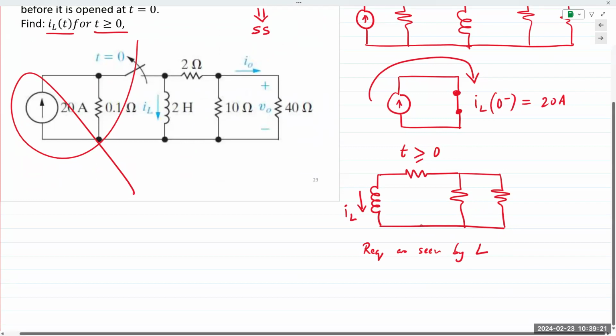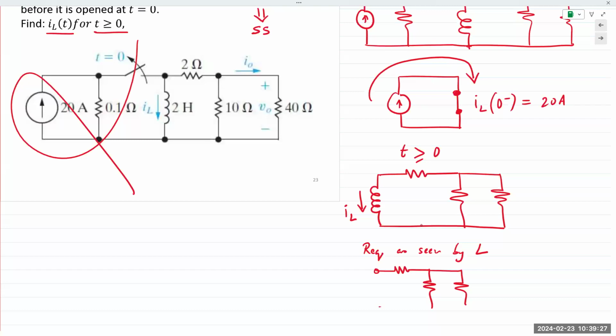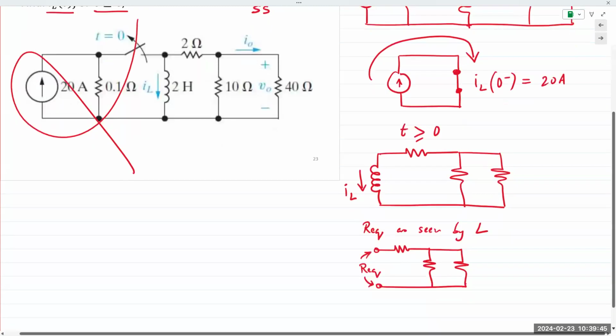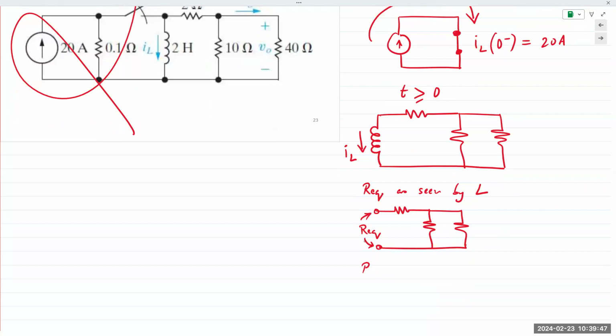So I have to find Req as seen by the inductor. As seen by means that the inductor is no longer part of the circuit. We analyze and find R equivalent between those terminals. We start at the farthest end, and I can write Req